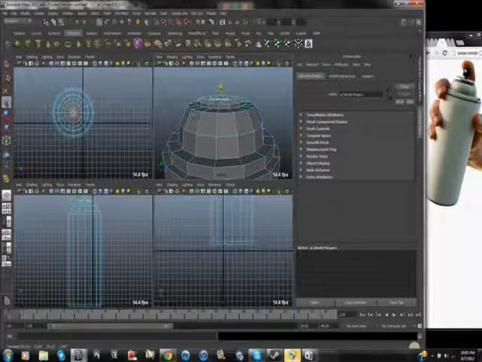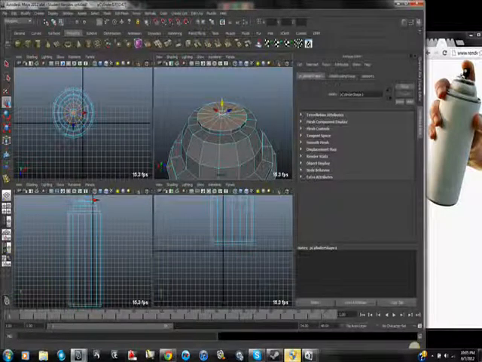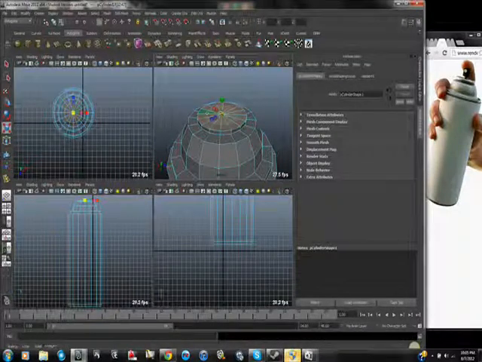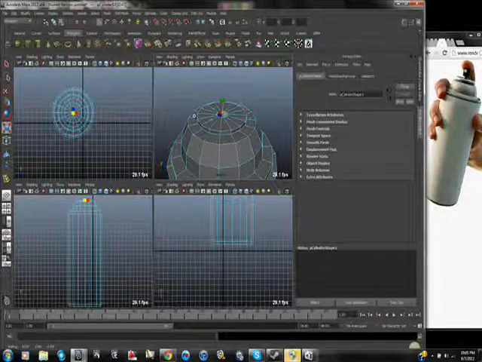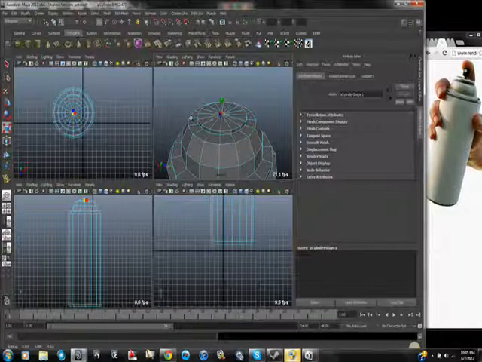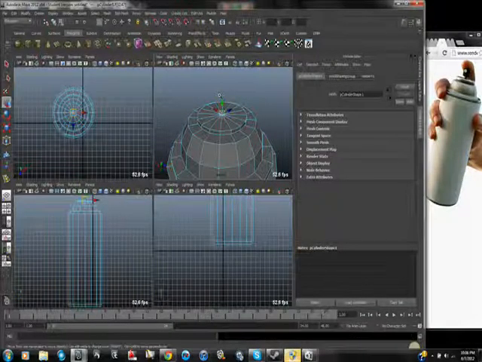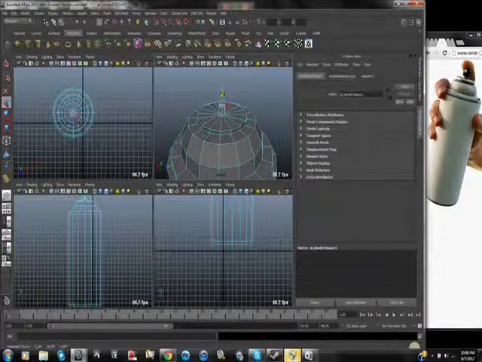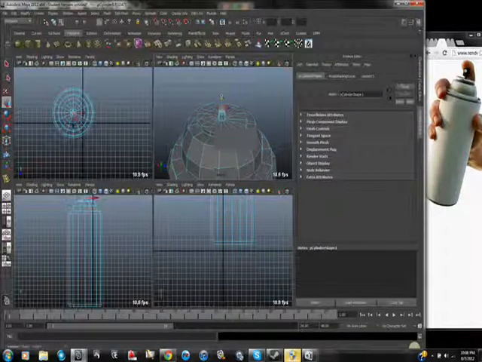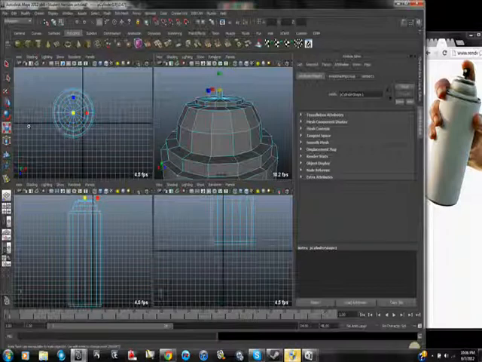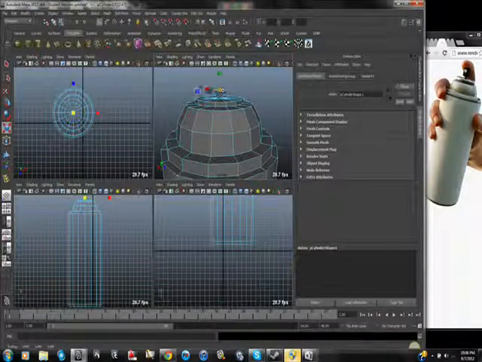Okay. Now to make this little skinny pole here in between this and the top sprayer part, we can extrude again, scale it all the way down to that size. Okay, extrude up, oops, extrude up, looks good. Might have made it a little bit too big, but that's no big deal. Oh, whoops. Hit extrude again,